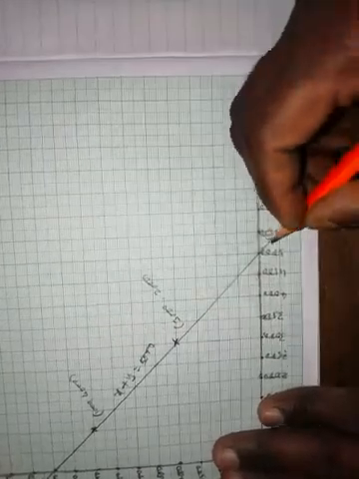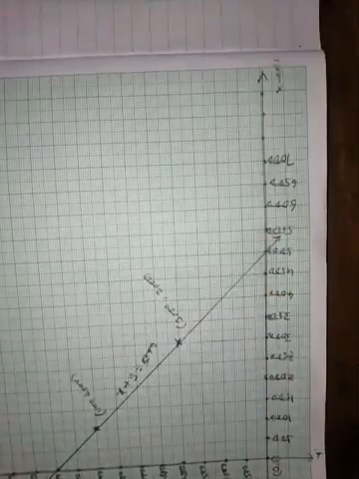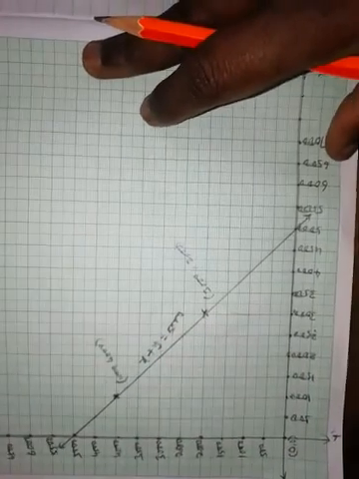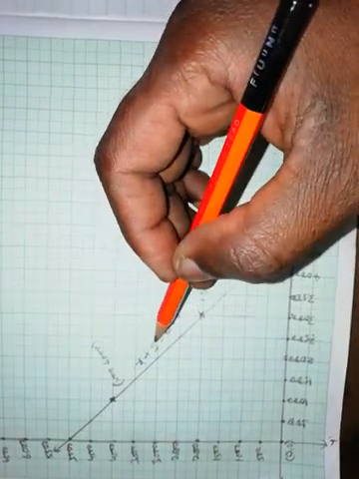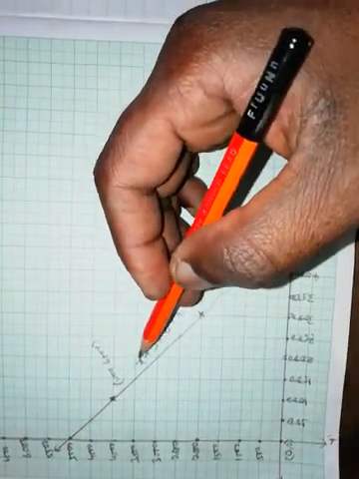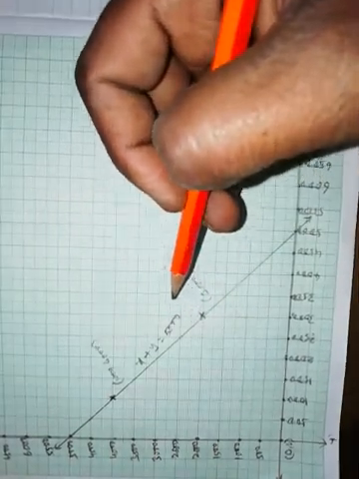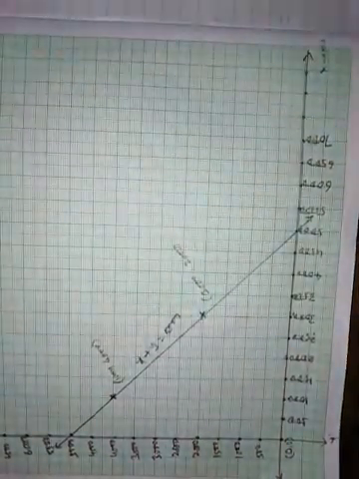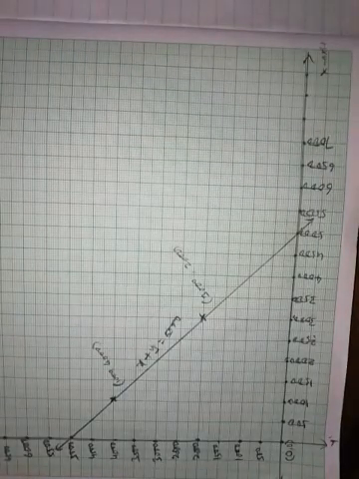This is the equation which represents a graph like this. Okay, hope you all understood how to represent linear equations in two variables. As you can see, x variable, y variable, so x plus y is equal to 5000. This is a linear equation in two variables. I hope you all understood how to represent it graphically. Let us move on to the next question.